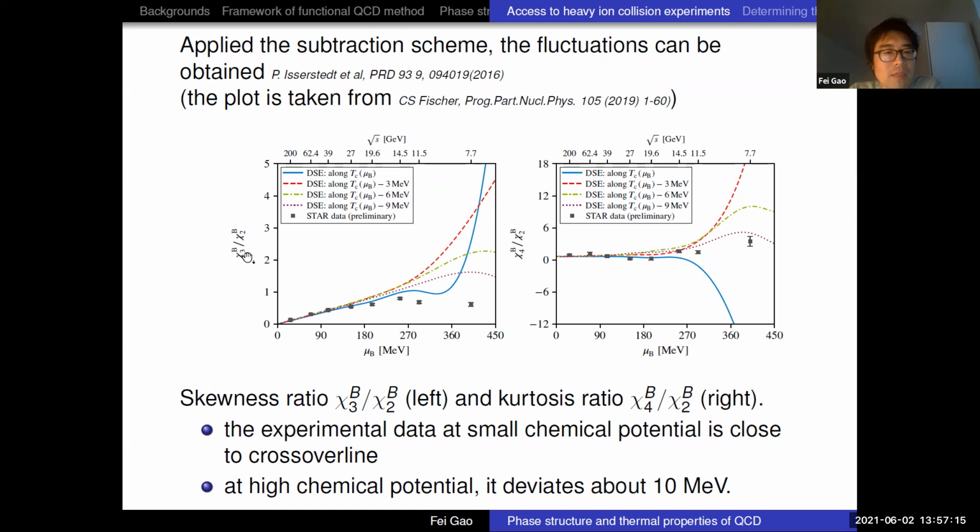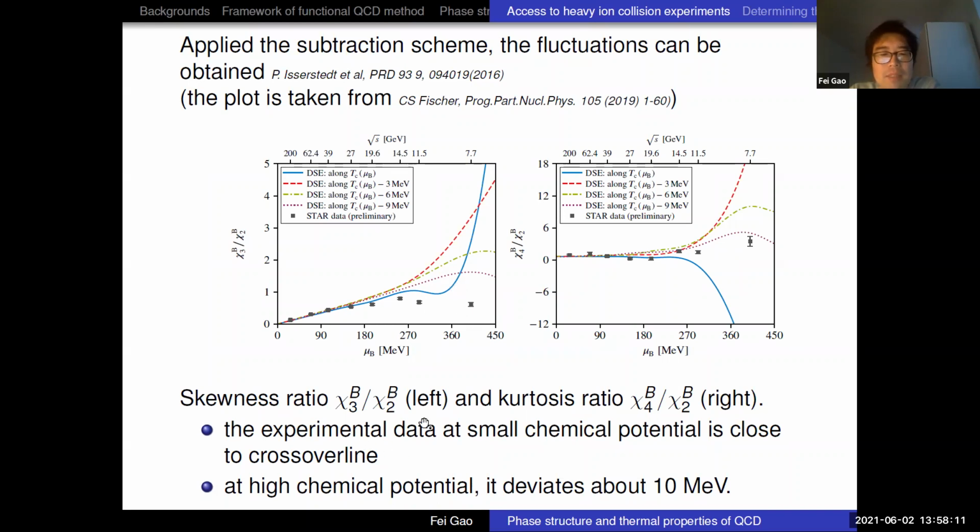This is chi3 over chi2, and here is the cumulant chi4 over chi2, and this is the data from the STAR collaboration at RHIC. Basically, the DSE computation shows that at small chemical potential, the freeze-out curve, which the experiment actually stands for, is very close to the crossover phase transition line. But at high chemical potential, generally the freeze-out line is lower than the crossover line, by about 10